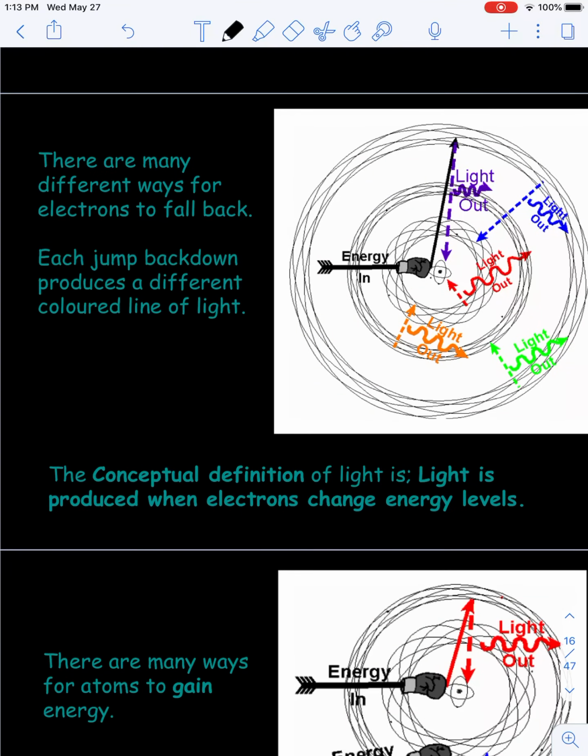Hopefully in grade 9 you did a lab where you took different elements and you used the Bunsen burners and you lit those elements on fire and you heated them up, excited their electrons, and when they drop back down, you got different colors for the different elements. That's just a fun lab to do. And again, I would have done it with you this year if you didn't do it, but